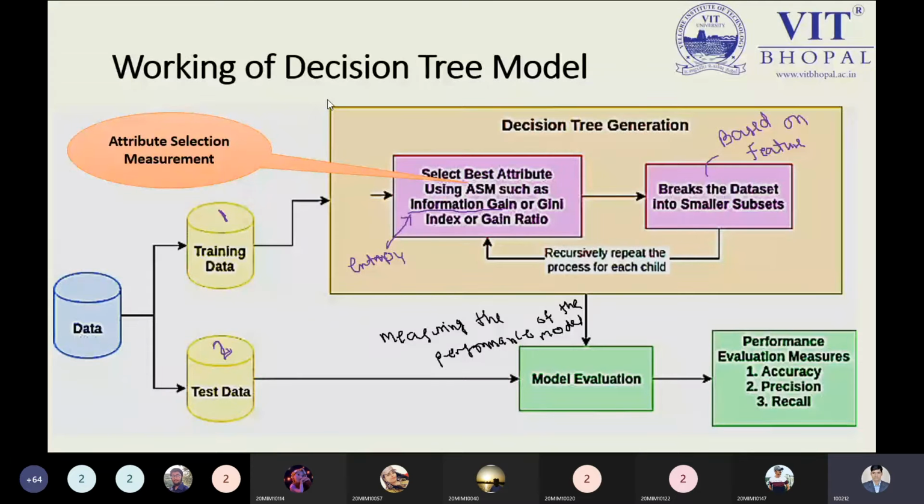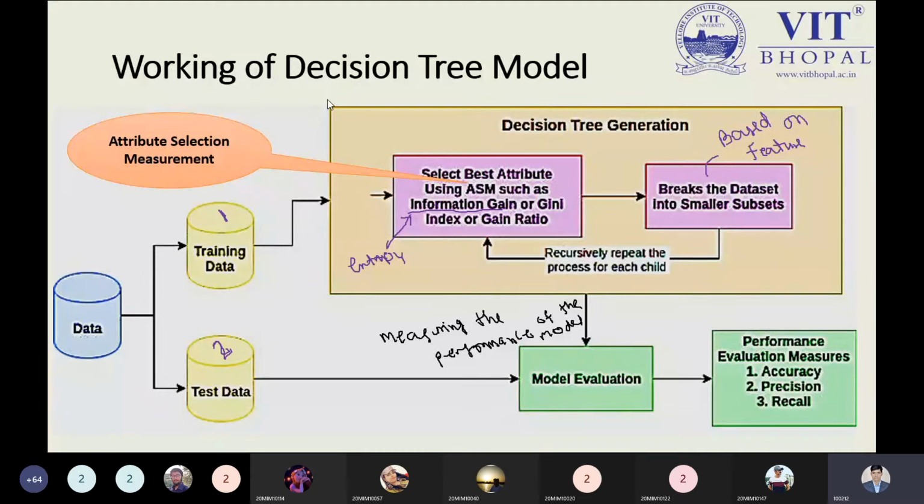It is just like a simple formula. If you remember, while getting the value of y, we must have the m value, and we must have the x value, and we must have the c value. So if you need to calculate y, you must have the m value. It is a simple case. If you need to calculate the information gain, then you must have the value of the entropy. That is my meaning. So the first step in the decision tree generation is selecting the best attribute by choosing the ASM method, that is, the information gain you can take. And after that, you can break your data set into smaller subsets.